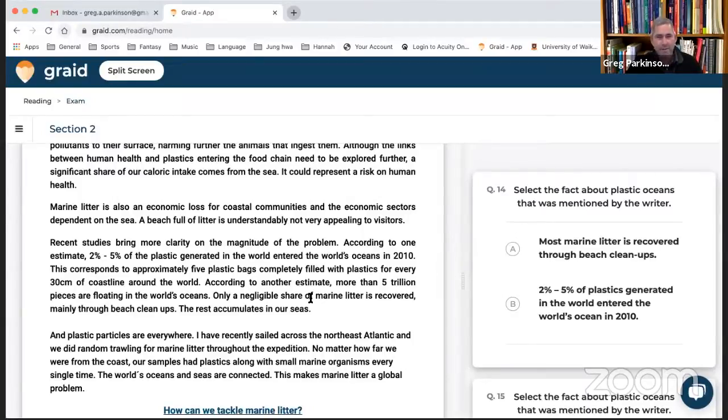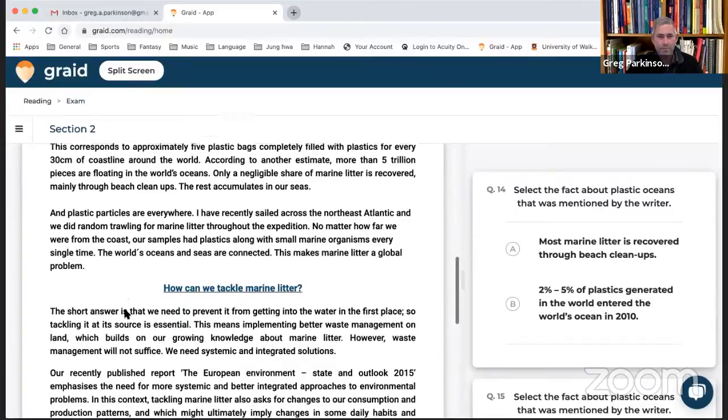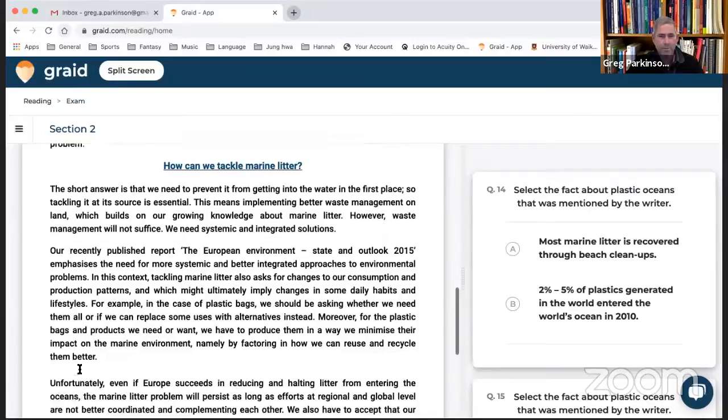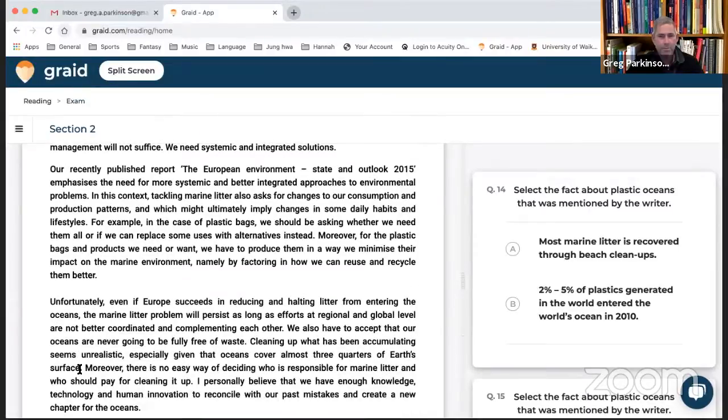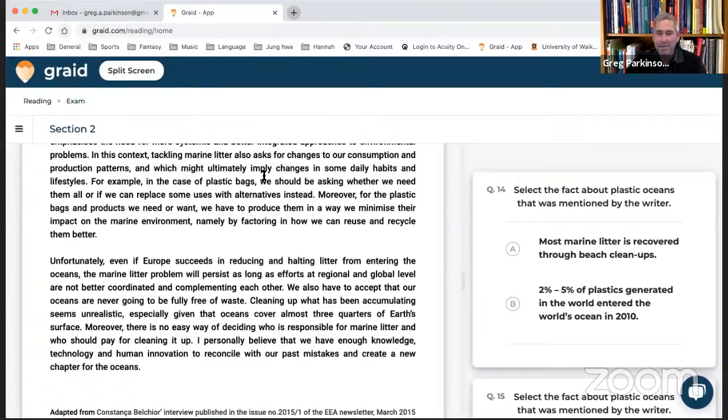So I'm just going to keep scanning for beach. Okay, quite a long reading. We can also see cleaning, but here it has nothing to do with beaches, right? So by process of elimination, this means that the answer must be B, but perhaps on test day you want to confirm that. So what we're going to do now